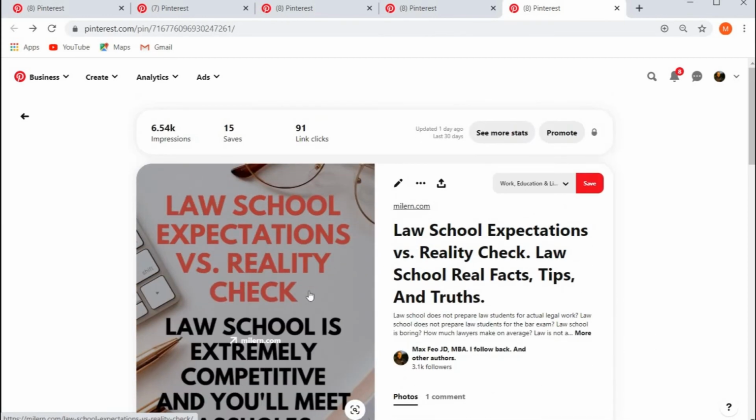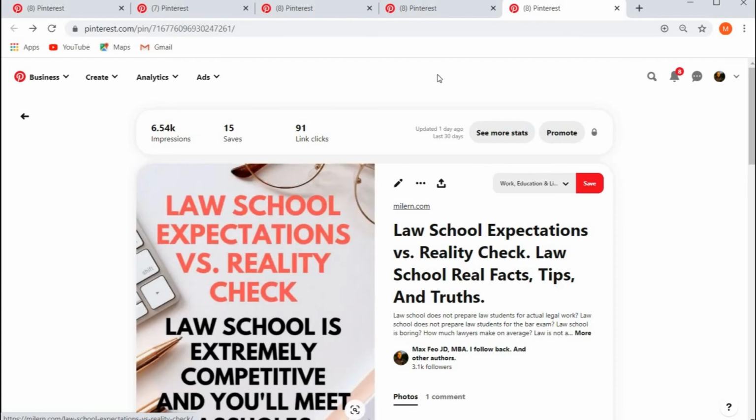So catchy descriptions will attract clicks, views, even if the pin is not very pretty. So you can employ it for your own pins. Catchy titles, catchy descriptions. Clickbait. Yeah, people react to this.